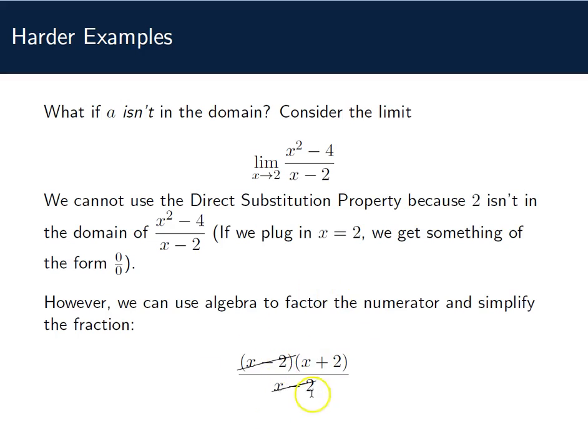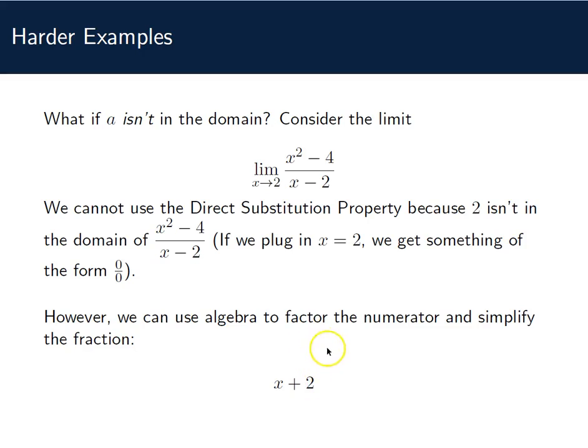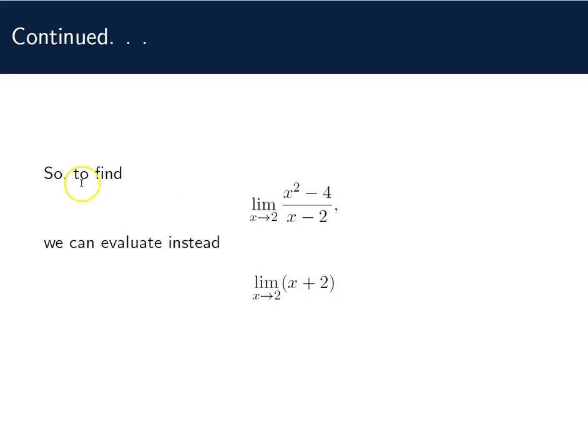You have to cancel factors. And if those both factor, I'm just left with x plus 2. So if I want to find the limit of this, I factored it and simplified it and got x plus 2. And I know that limit. Limit as x goes to 2. That's easy. Plug in 2. 2 plus 2 is 4. So this limit must be 4, except